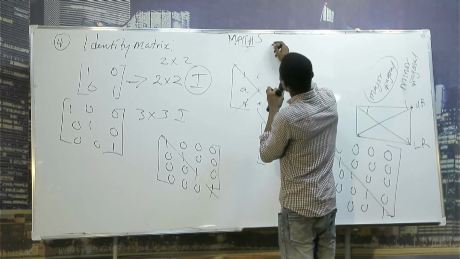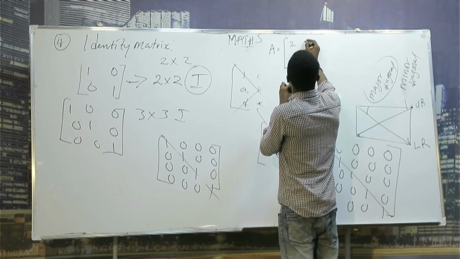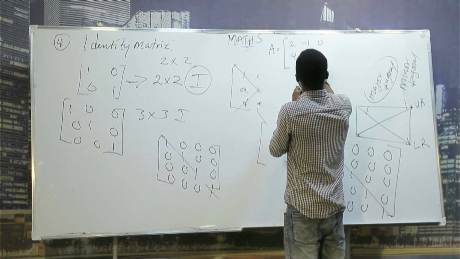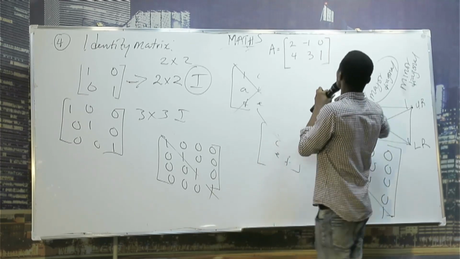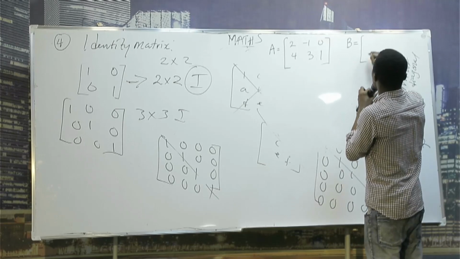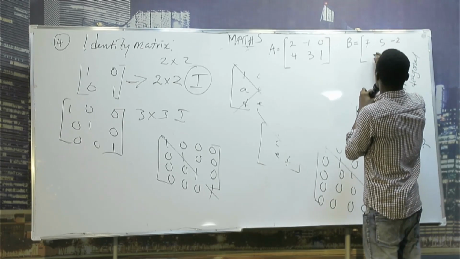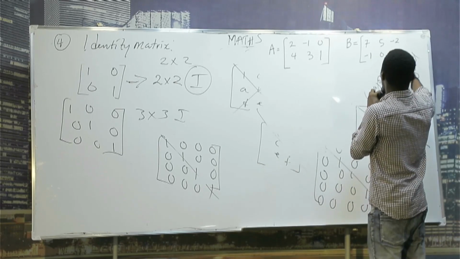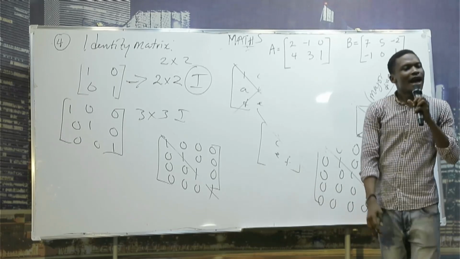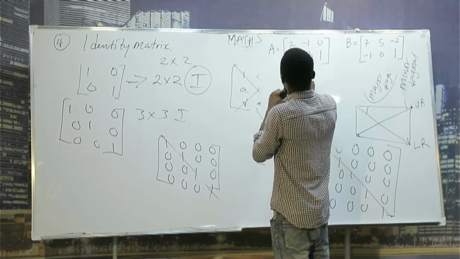Suppose that A is equal to 2, minus 1, 0, 4, 3, 1, and B is equal to 7, 5, minus 2, minus 1, 0, 1. Something like this. This is A and this is B. Class, I now say you should find